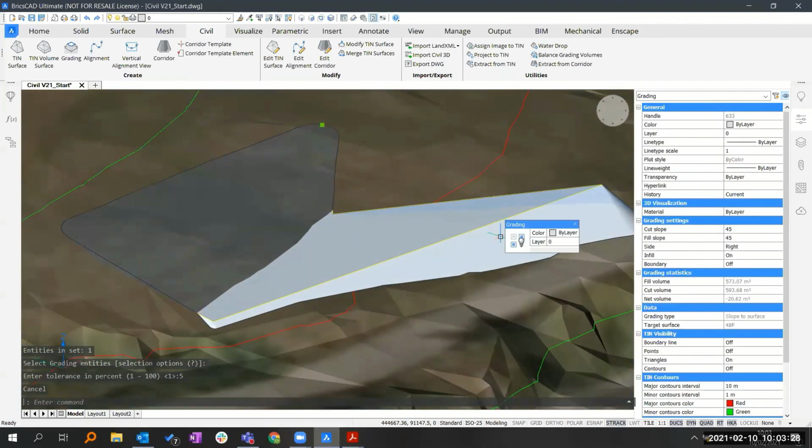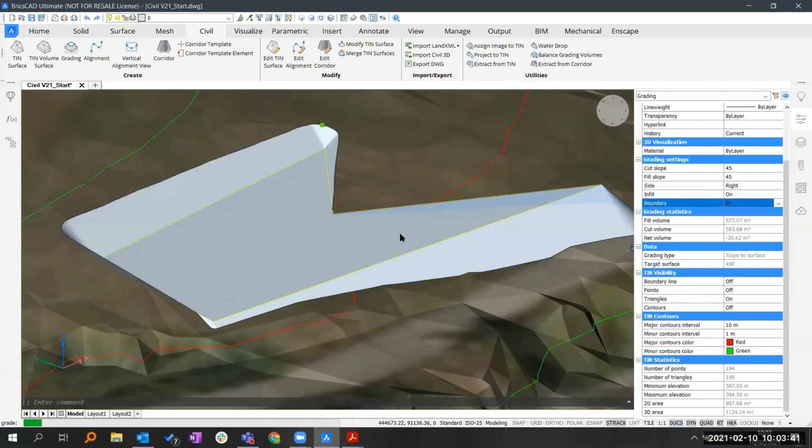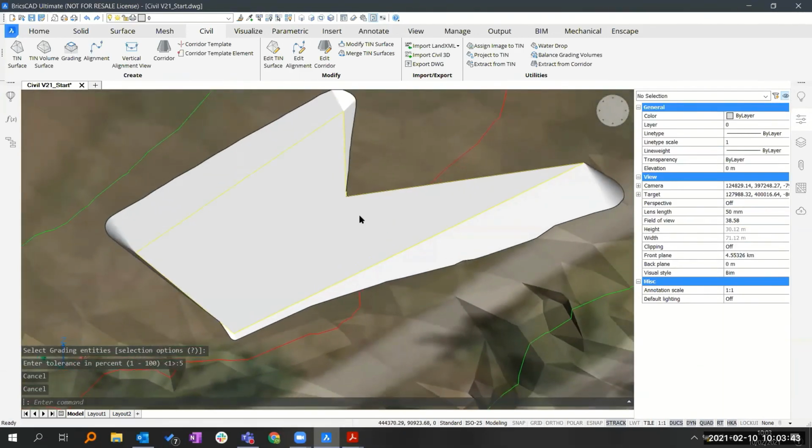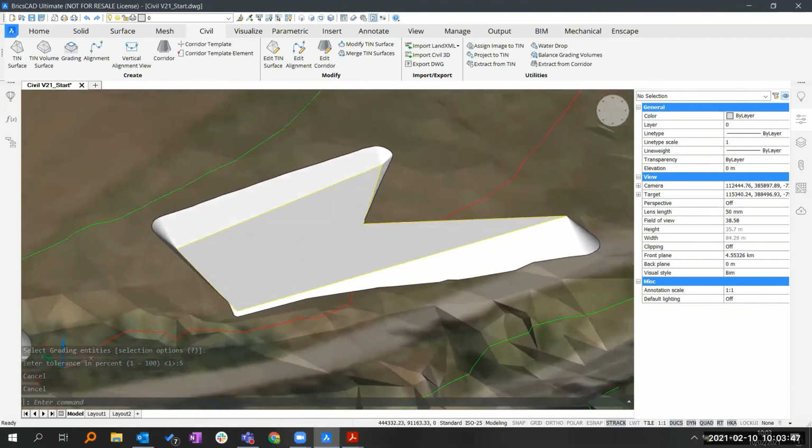Like this, I can select my grading and lastly add a boundary. So I can delete this part that's overlapping with the thin surface like this. And then you can place your buildings or something like that onto it and further create